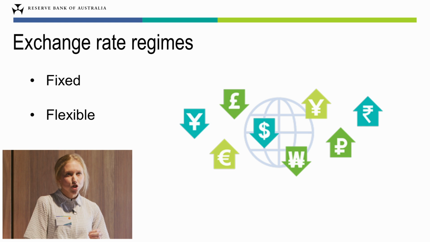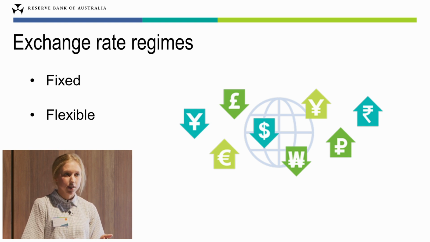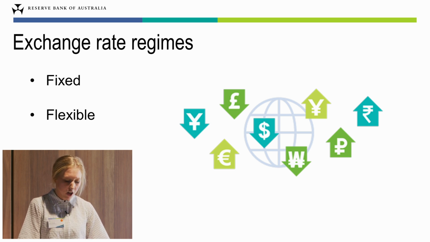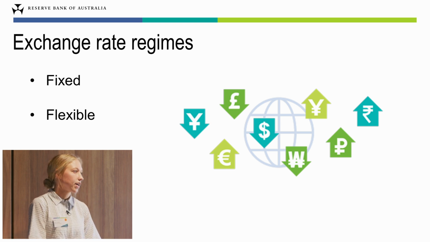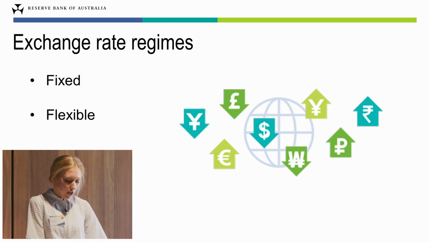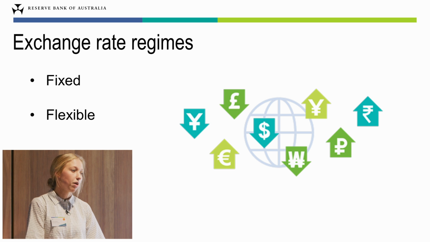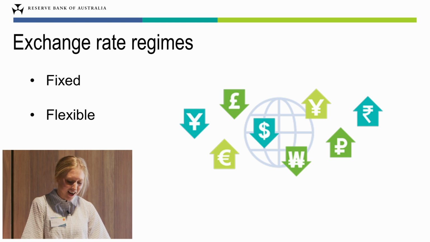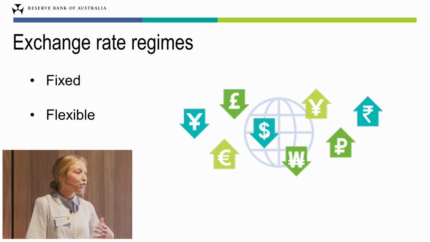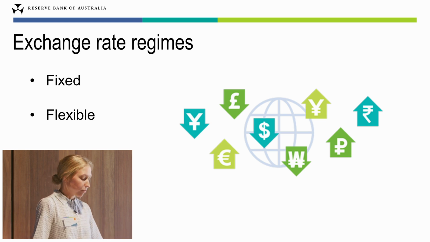While the exchange rate is much more susceptible to large swings in valuation under a floating regime, there's several really important benefits. The first is that monetary policy can be set independently and it can respond to domestic economic shocks. A floating exchange rate also allows the economy to adjust to large external shocks to the Australian economy without threatening our macroeconomic stability. The last one that I'll touch on today is that there's also no need to defend the currency at a given level, and so less foreign currency reserves are required for that purpose alone.